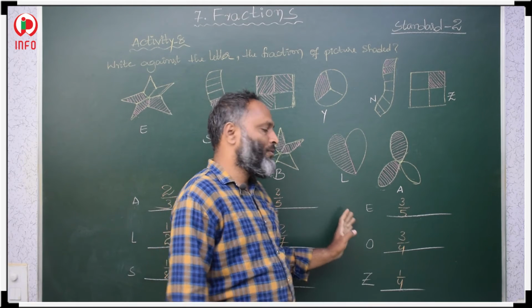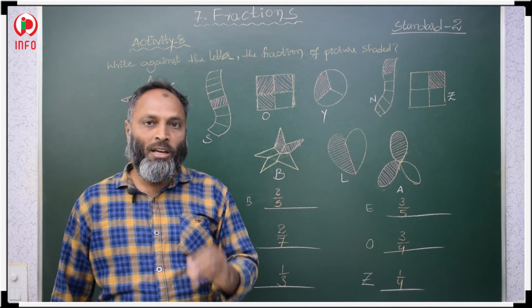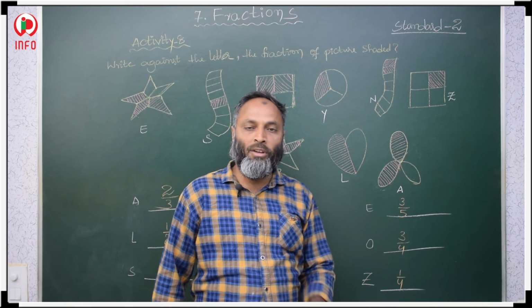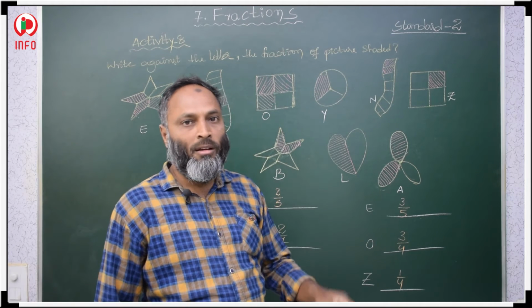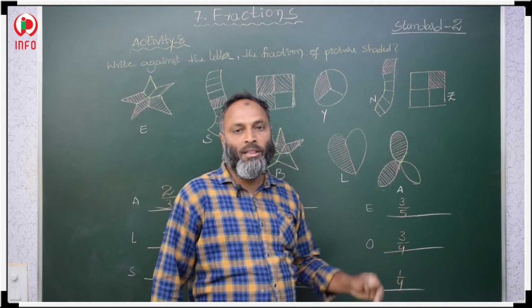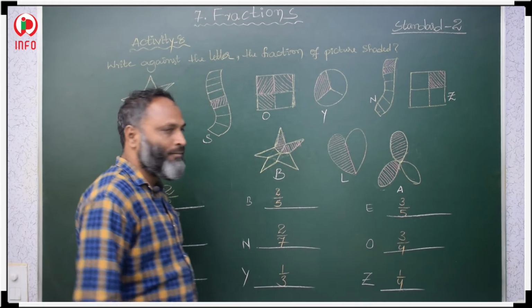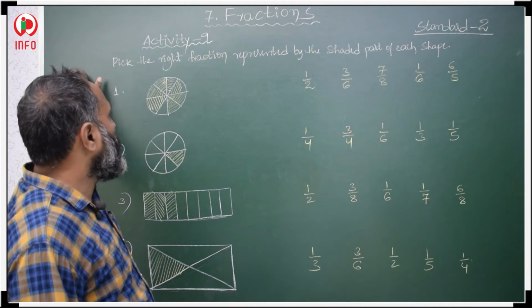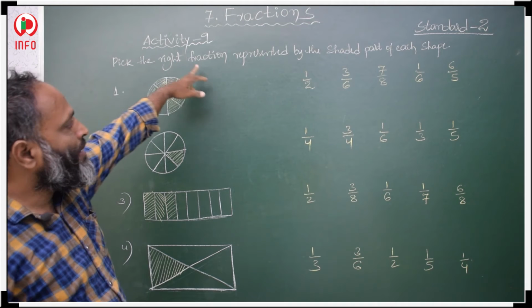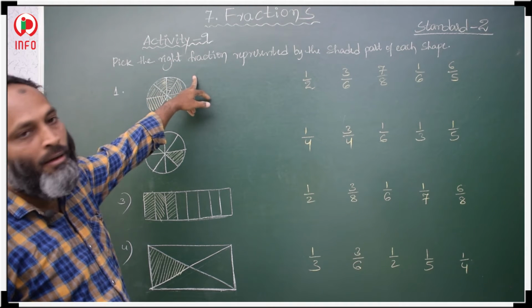First, what do we have to do? First we have to check how many equal parts are there. That we have to write in the denominator, and how many shaded parts are there, that we have to take in the numerator. Okay. Now students, in activity 9, pick the right fraction represented by the shaded part of each